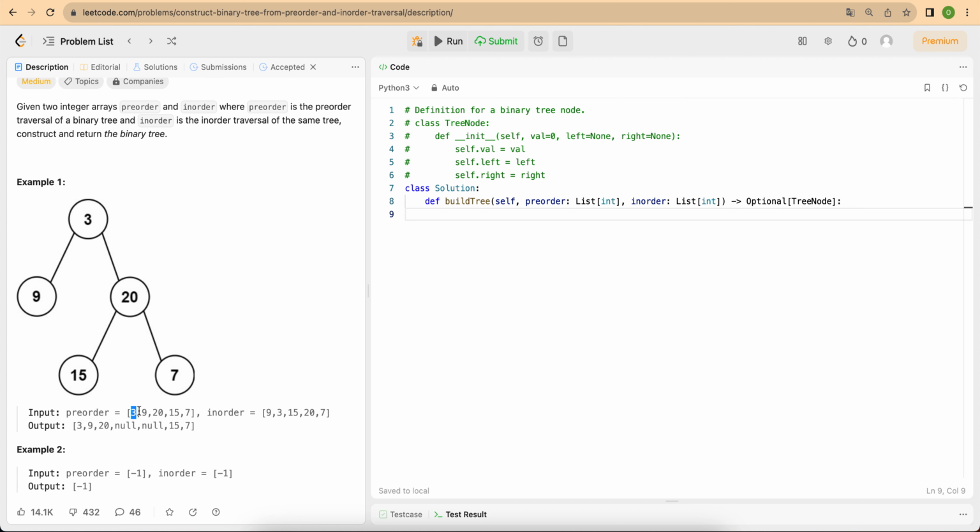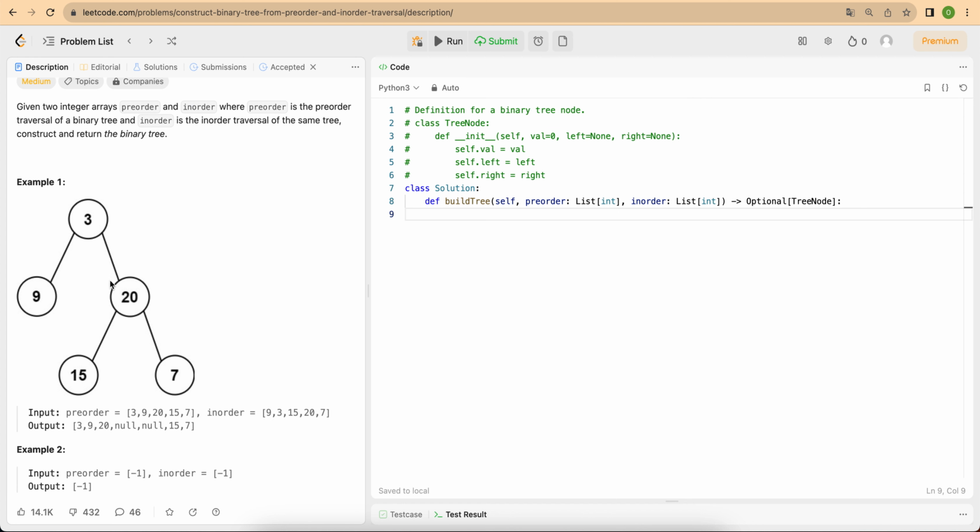So this is 3, then 9, which is in its left nodes, and then the right nodes, 20, 15, and 7, right? So 3 is the root of the tree,